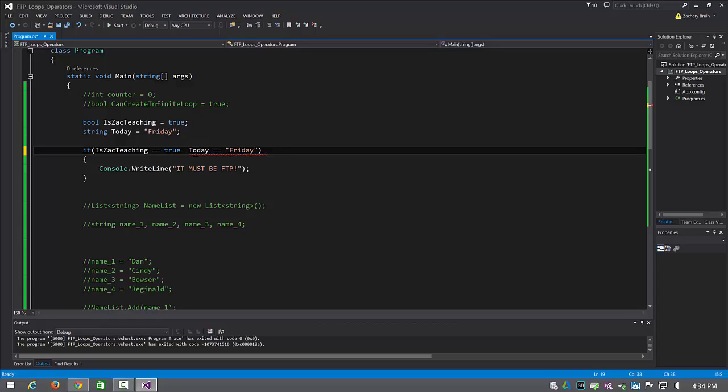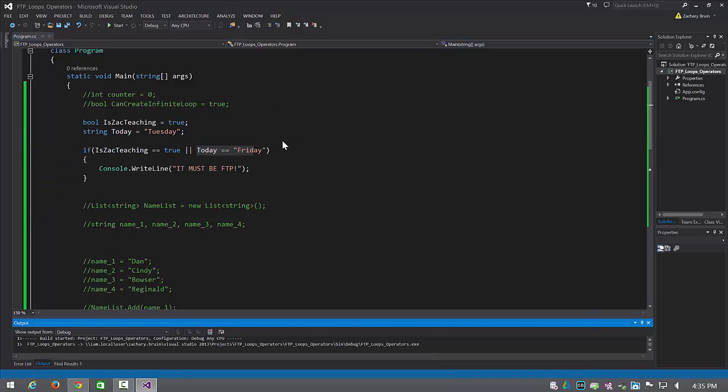So additionally, we also have this thing, whatever you want to refer to it as. I've heard them called pipes before. So this double pipe, or straight line or whatever. Where the other one was and, this is going to be or. So it's going to look and see if at least one of these is correct. For instance, let's do Tuesday. Obviously today is not Tuesday, but if we're looking at today, Friday, pop in here,